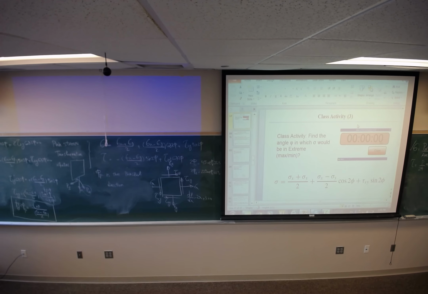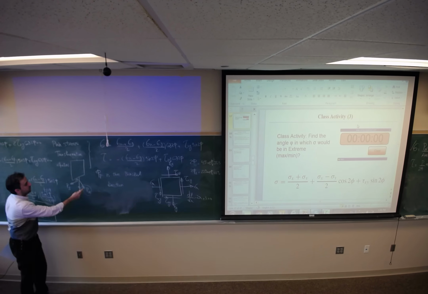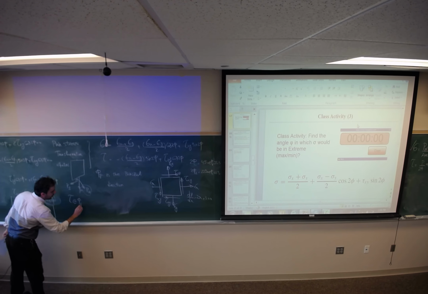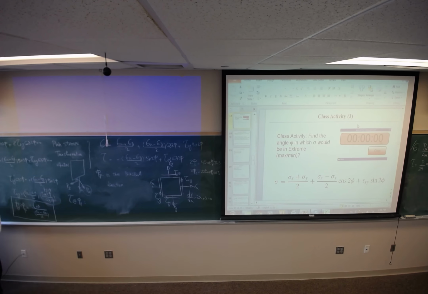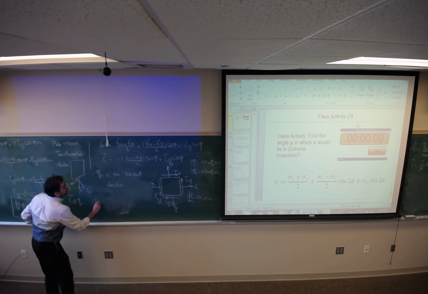Let me start by plugging in this equation. What would be the shear stress if we have principal direction? I'm looking for shear stress at phi p. Look at this equation. The tangent of 2 phi p is going to be this, right here. Tau xy cosine of 2 phi is going to be equal to this. So in this equation, tau is going to be,